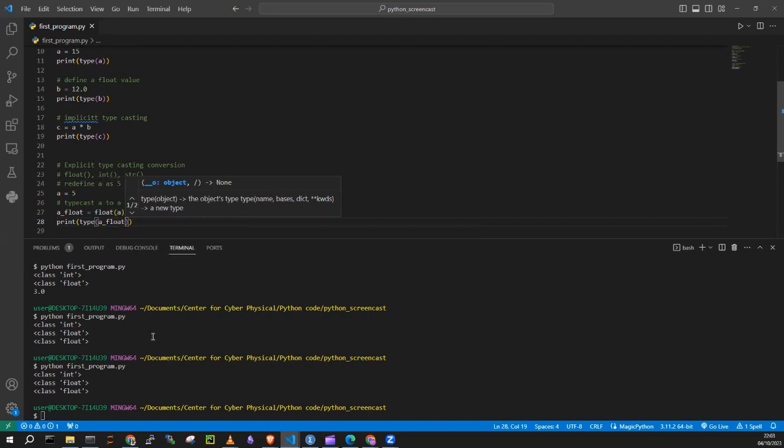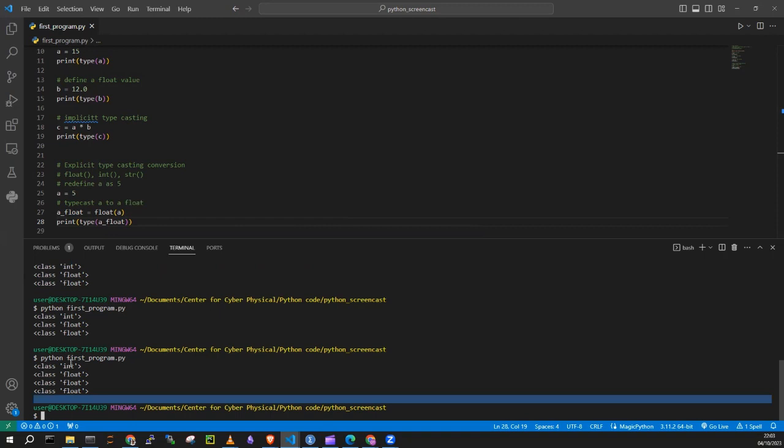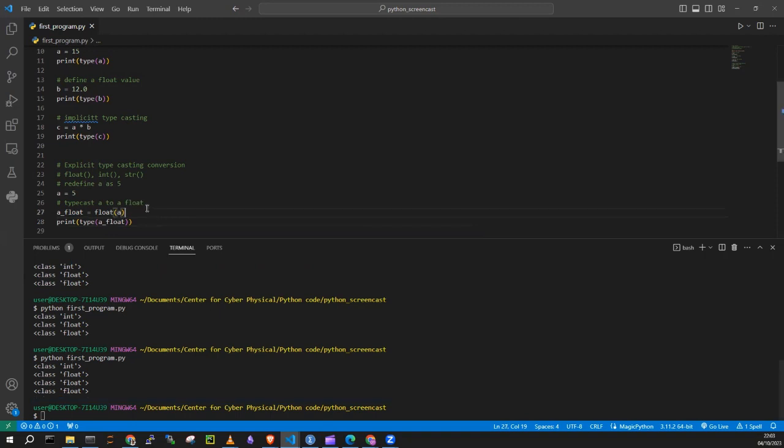Float, and I run it, and I should get a float there as well. See? So that is typecasting for float. However, now for this to work, it has to be a numeric value. Okay. If I say some and I put a as a string, or let's say, actually let's try that, because